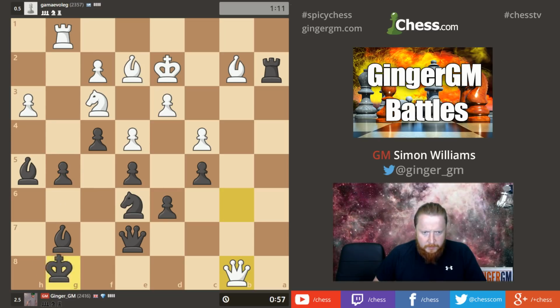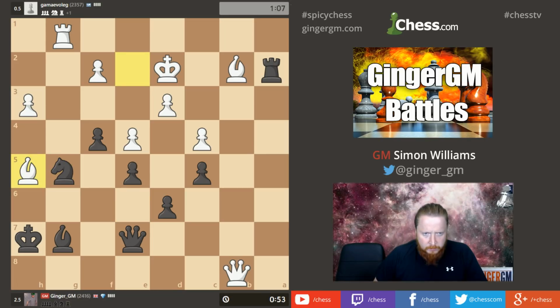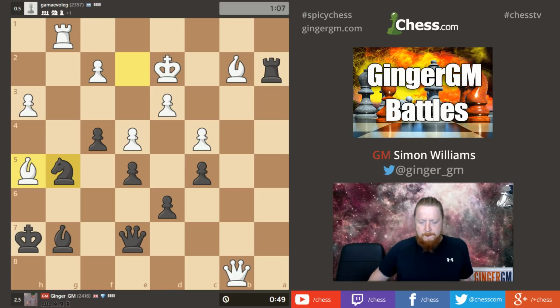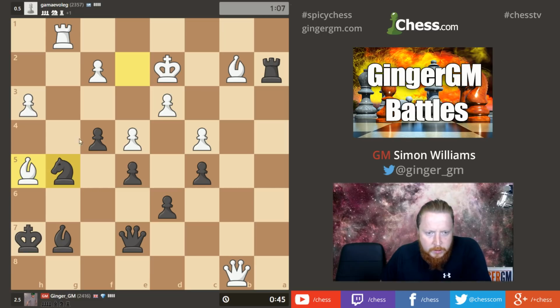Now, am I worried about that? I don't think I am. Okay, he wins a pawn, but it's a pretty useless pawn, I feel. And in the meantime, I can always win that one back unless I have something better. Love to get my queen in here. How do I do that? Okay, what about... He's going to go...